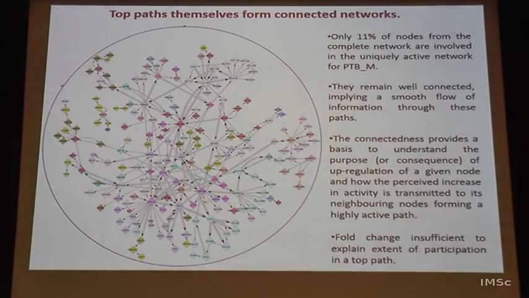Now, I told you that we are only looking at the top activities, highest differential activities in these 2 conditions. Healthy state, same network, no change in the topology, but only activities are changing. You pull out all these active paths in some sense and just visualize them, nothing else has been done. It turns out that they are all connected to each other, which means these changes that are happening are a concerted orchestrated network of its own, a sub-network of the whole network, which was surprising, it was beautiful that we got that. So, there is some meaning to the change that happens here, that is transmitted there, and so on and so forth.